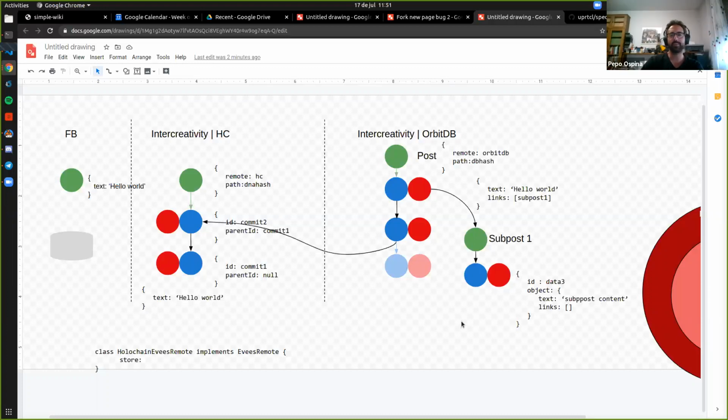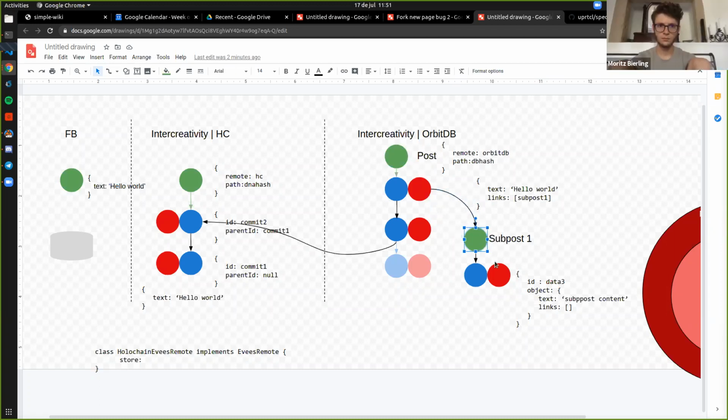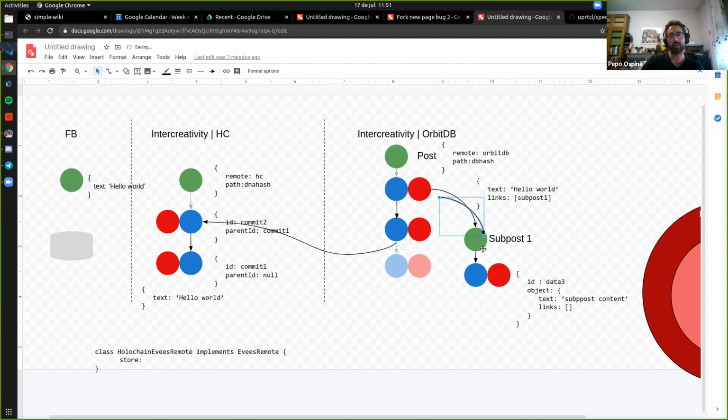My understanding of that is that you have 3 types of links. One is from the parent to the child. This kind of link is where the post owner can tell who is the sub-post. That's one kind of link. The other kind of link, which we are not using so much of at the moment, would be in reverse. It's kind of the same, but it means that it's the child who says who is his parent, and this would be useful for a comment on the post.